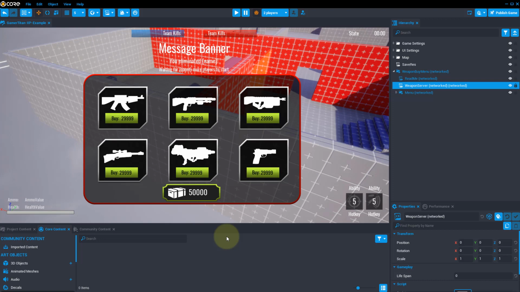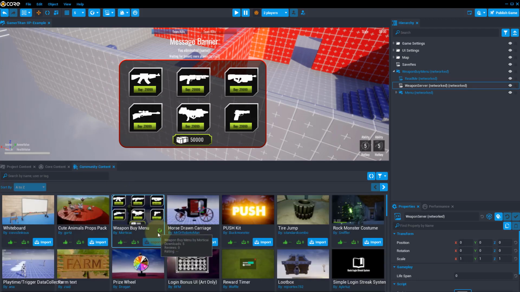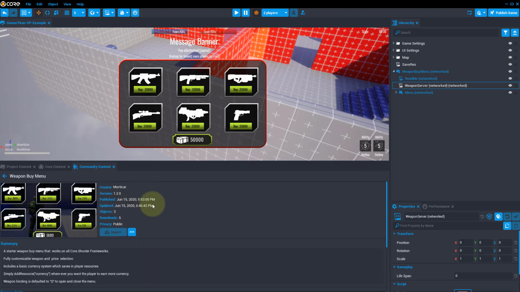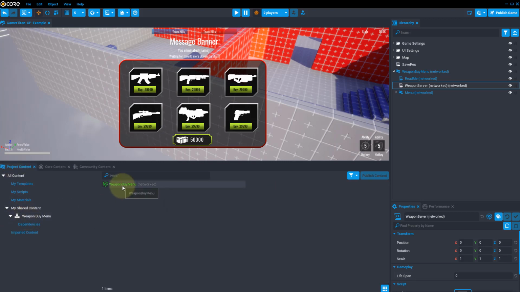With this particular project I went ahead and already published it on community content, so if you're not sure how to download something from community content, when you're inside Core, click on the Community Content tab, and then you can search for Weapon Buy Menu by Mordecai. And you simply click Import. It will go into your project files, and it will be right here, and you would just drag the Weapon